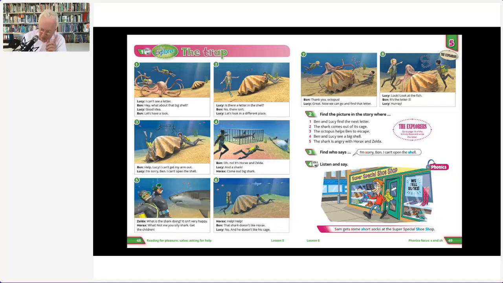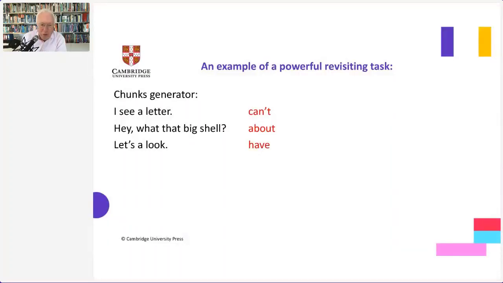So what I do later, have a look at this, is I use what I call a chunks generator. In other words, you give your students sentences from the story, sentences that have important language, but you take out one word from each sentence and you write it in the margin, and then you ask your learners to give you this sentence without leaving a gap here.